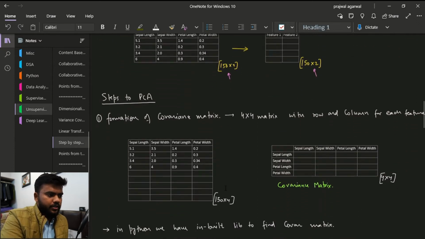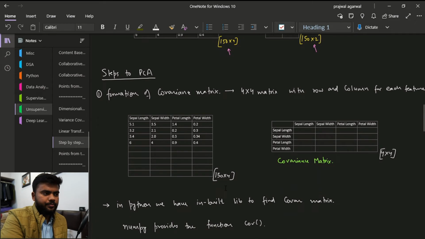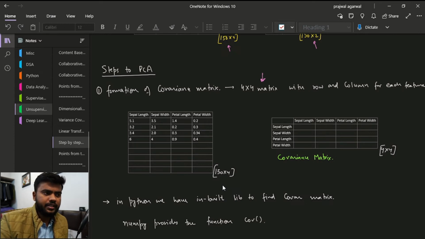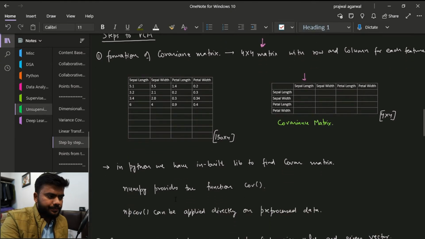So what are the steps that we perform? The first thing we do is form the covariance matrix. The covariance matrix will be of dimension 4 by 4, basically the number of features that we have, with rows and columns for each feature. This is the basic structure of a covariance matrix. Now in Python there is an inbuilt function.